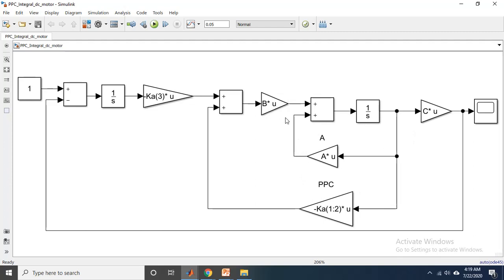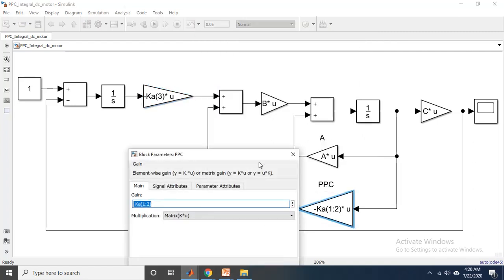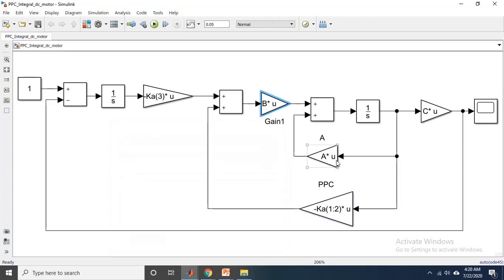How the u is generated: there are 2 components. One is coming from u equal to minus kx, the other is coming from minus k into e. Actually this is e in the nomenclature, so the third element of k into the integral of error. Again everything is the same. You have to write minus k of 3, minus k of 1:2, and this is b, this is a, and this is the c matrix. If I run this one,